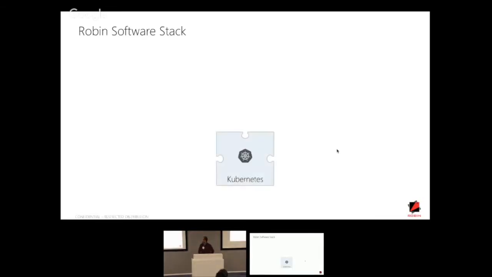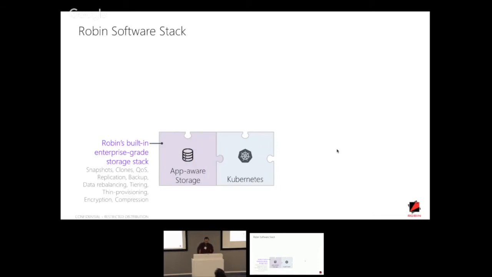Digging a little bit deeper, how did we build it? So we took Kubernetes as the base platform. We have not modified any of the Kubernetes code. And to offset the storage needs, we built an enterprise-grade storage system with all the feature sets that you expect from any standard array vendors: snapshots, thin clones, data tiering, migration to cloud, encryption, and compression.